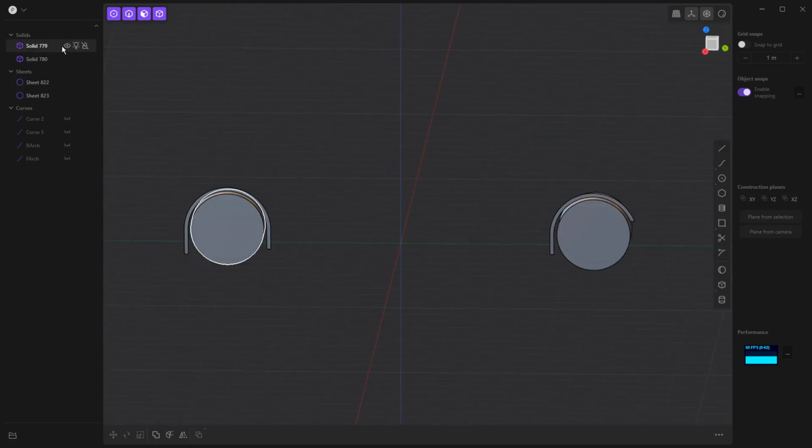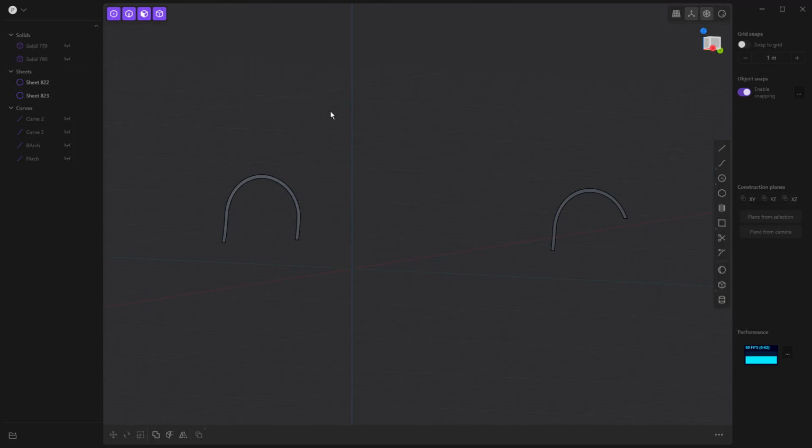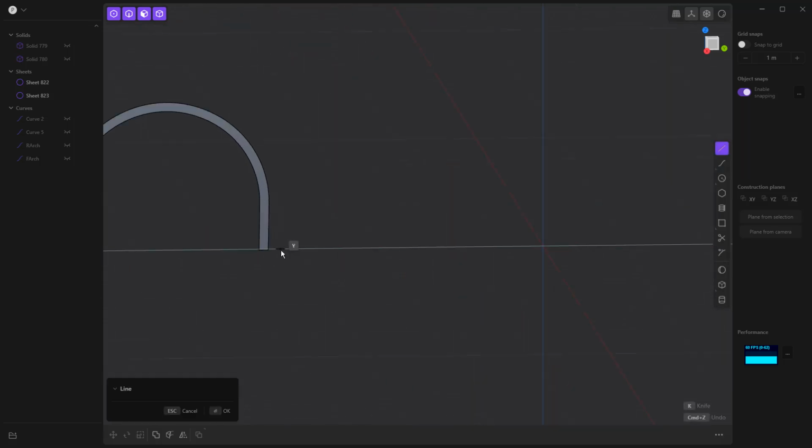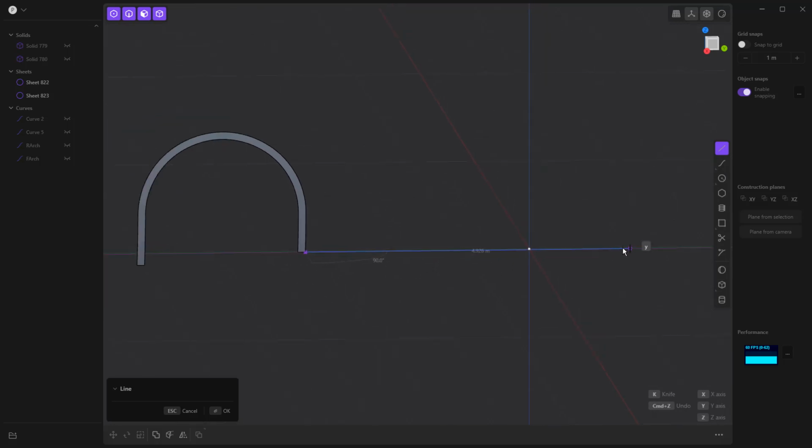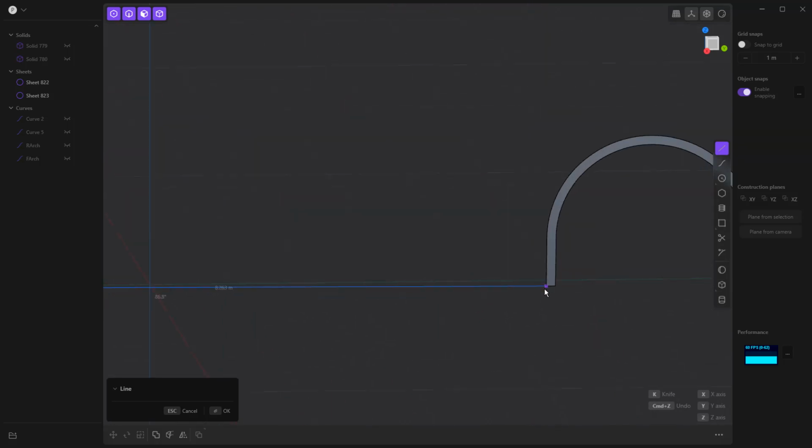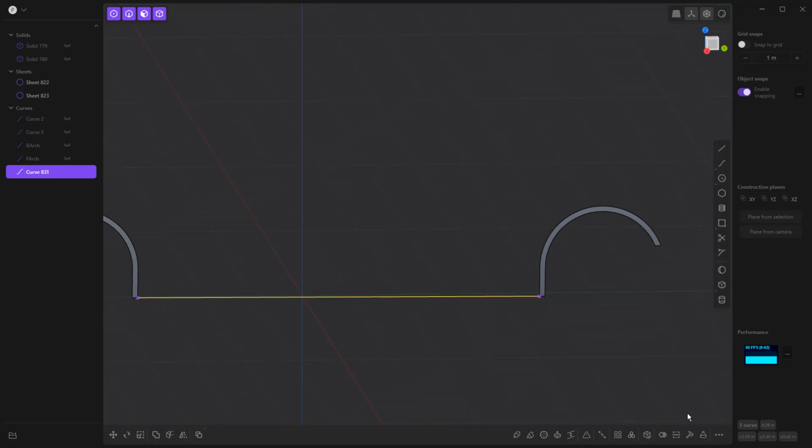So that way I know what those are, but we've got these sort of surfaces or sheets out in space now. I can hide the wheels, but now I need to figure out a way to start generating a surface between them. Now, easier said than done, but I want to begin by generating the sill. Even if I don't keep it, even if I trim it away or whatever happens, I'm going to start to generate something between those. And the easiest way to do this is to start with the line tool. We're going to snap to that point at the bottom left corner on each, right click to accept,